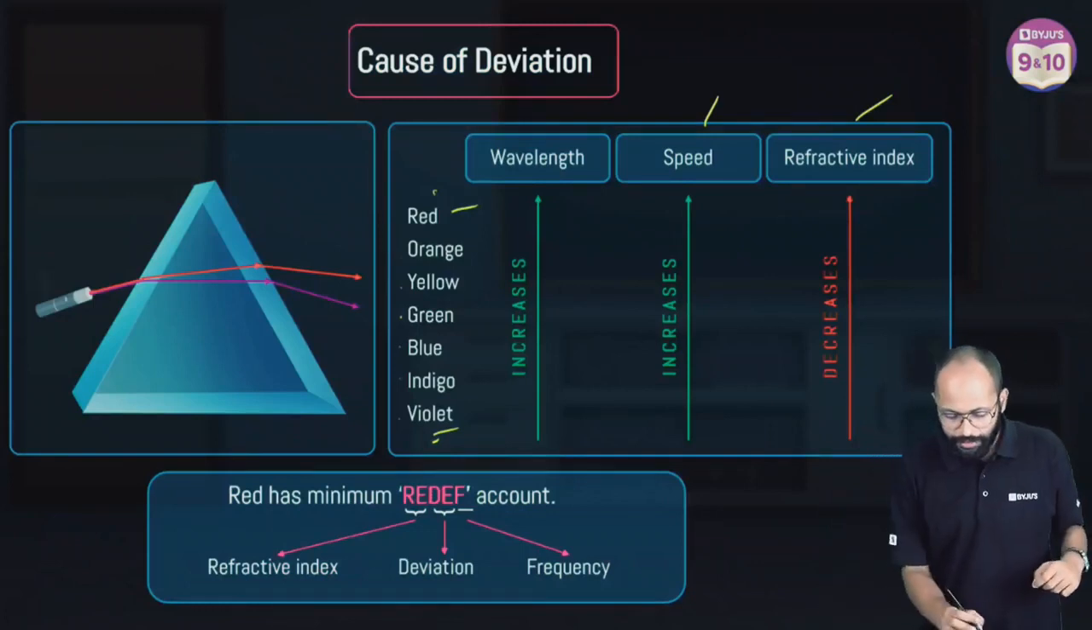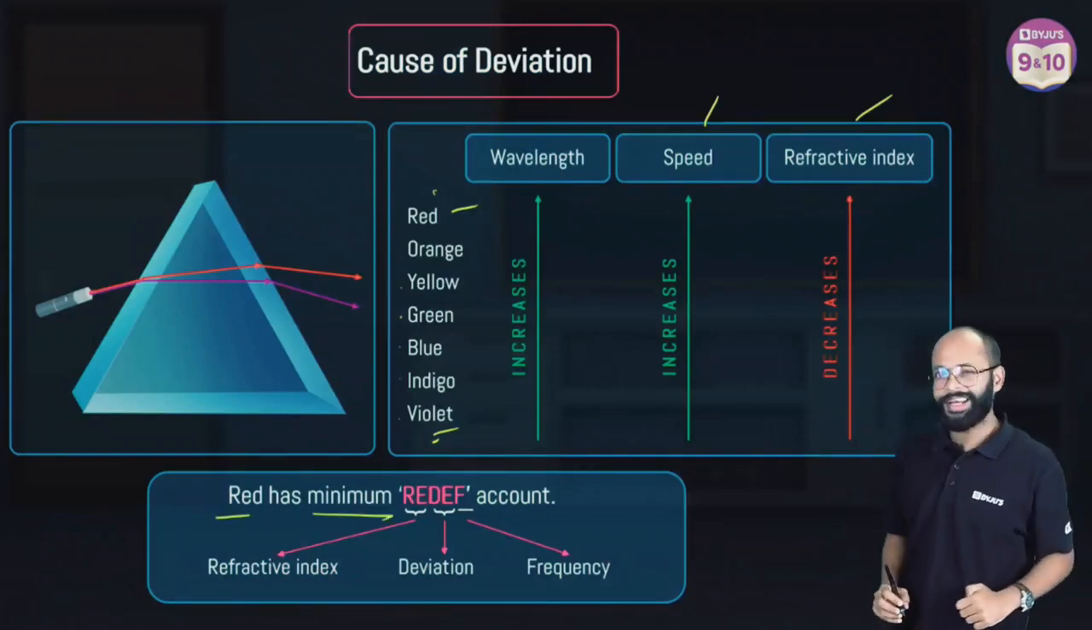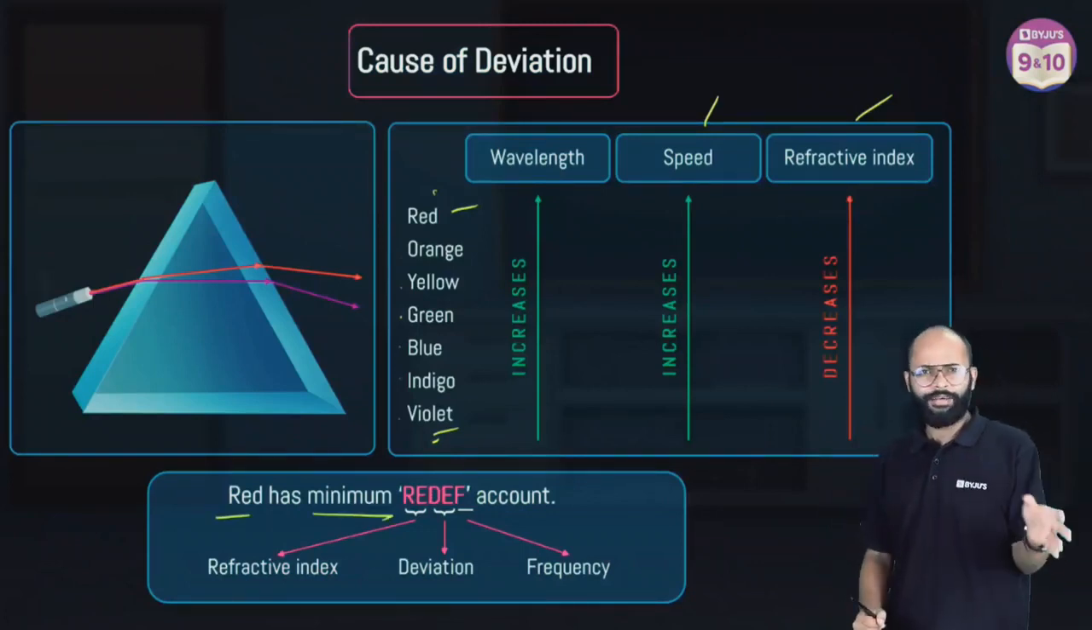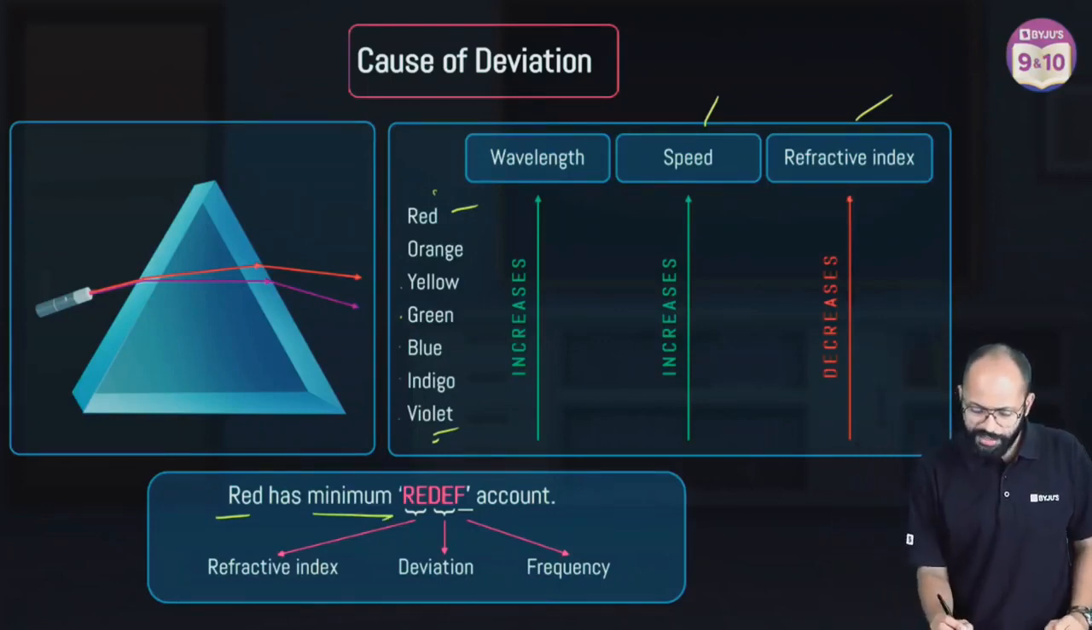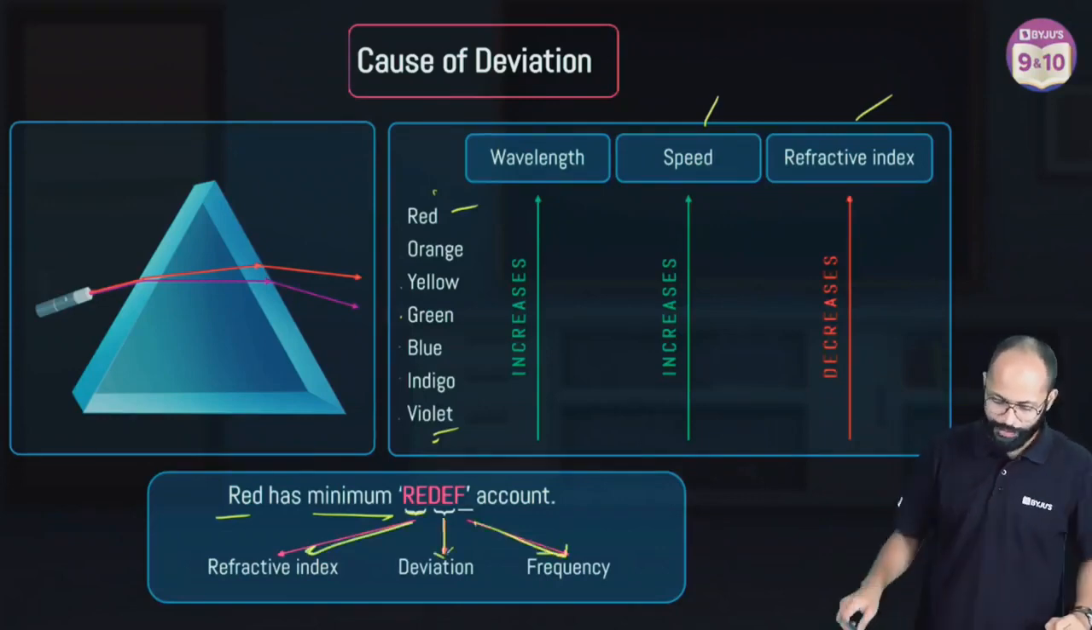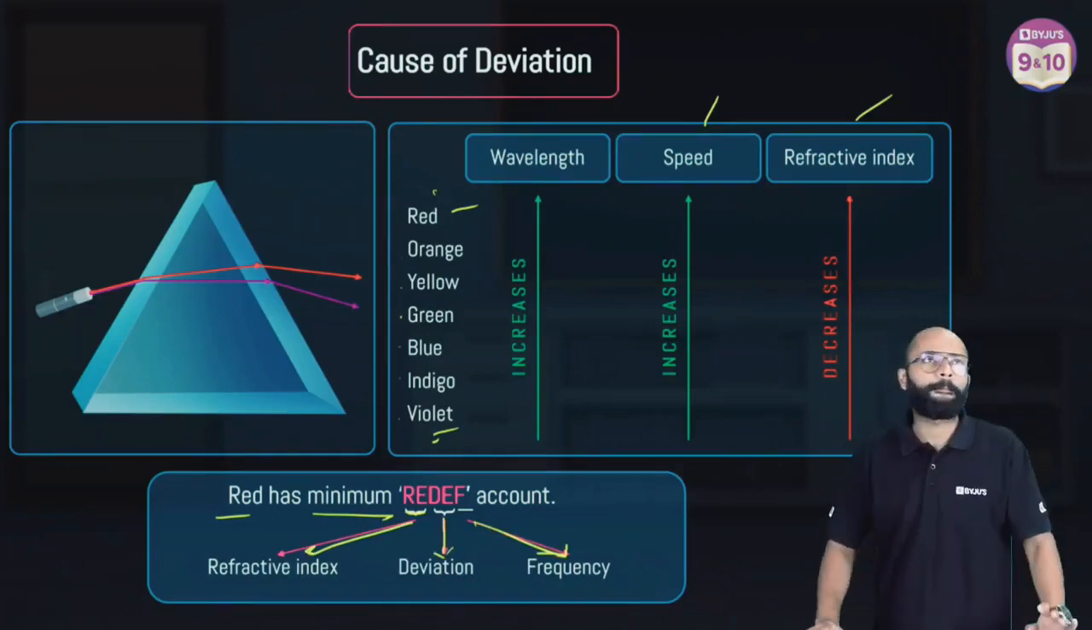One is, red has minimum REDF account. इसका मतलब red has minimum, RE मतलब हो गया refractive index, DE मतलब हो गया डेविएशन और F मतलब हो गया फ्रीक्वेंसी। सोच के देखो रेड का क्या है सर, वेवलेंथ